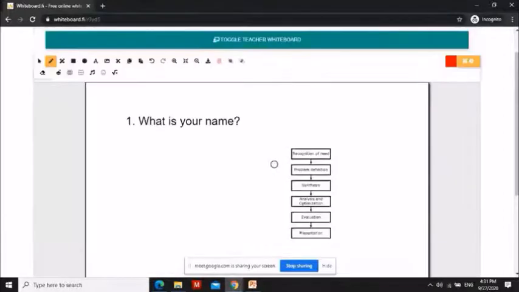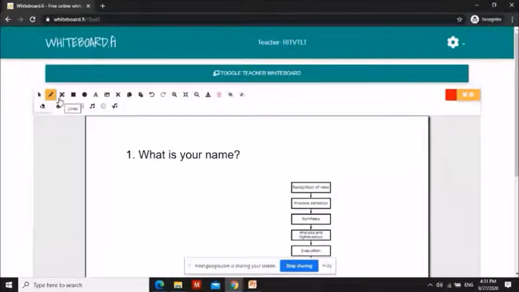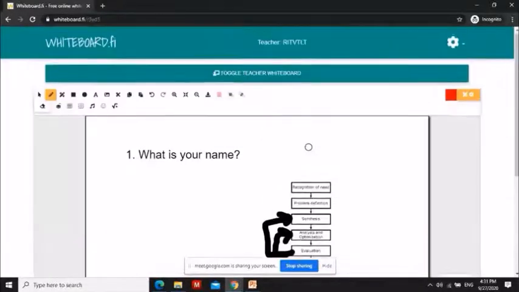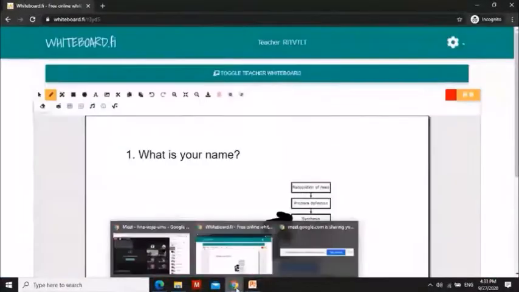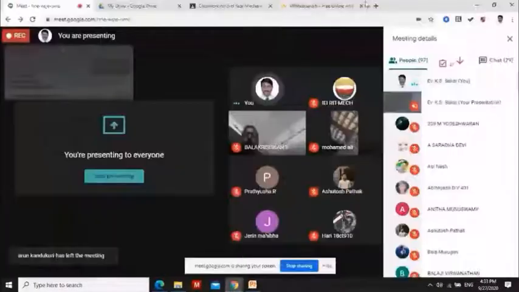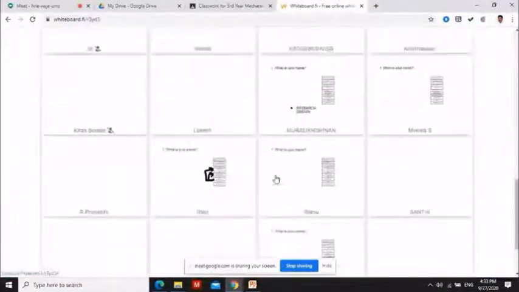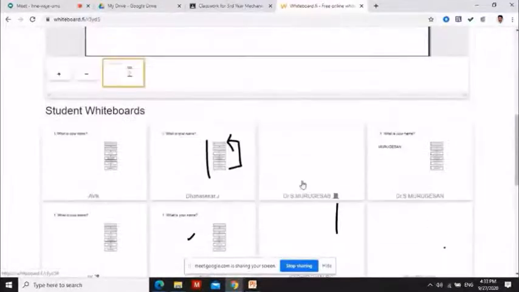Here I can use these pencil icons or lines to answer the question. I can reduce the thickness, all these things. This is just an example I'm showing. You can do the formatting. You can reduce the line thickness as you explore all this. So this is the student side, and here you can see all the replies of the students are visible to you.